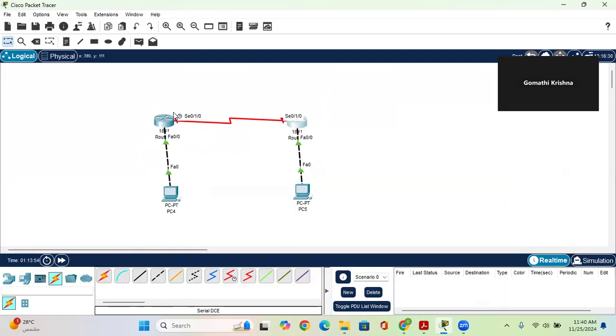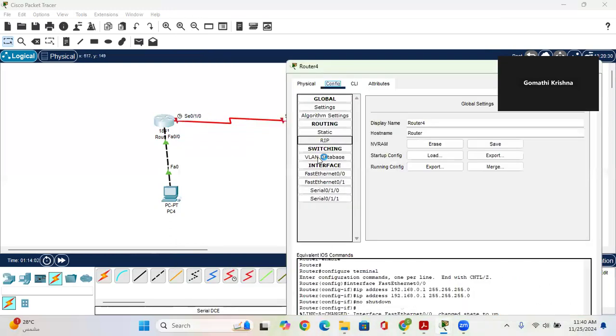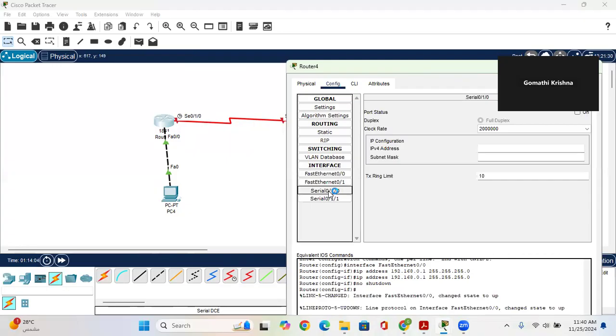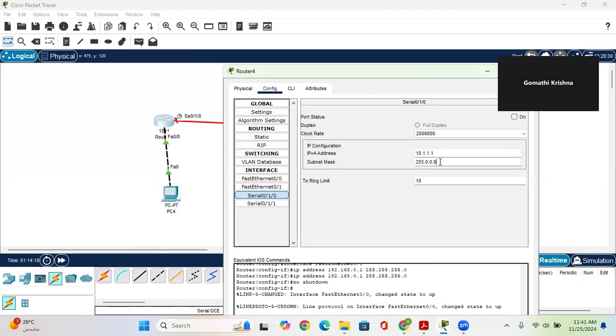Now we have to assign IP addresses for these two ports. So go to this router. What is the IP address? The port number is 0/1/0. So go to 0/1/0. The IP address for this one is, this is a 10.1.1.0 network. So I'm giving the IP address 10.1.1.1 for this port. And the mask value is